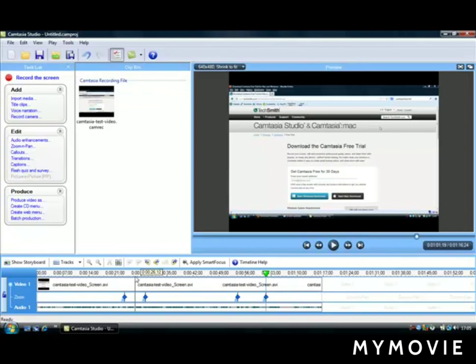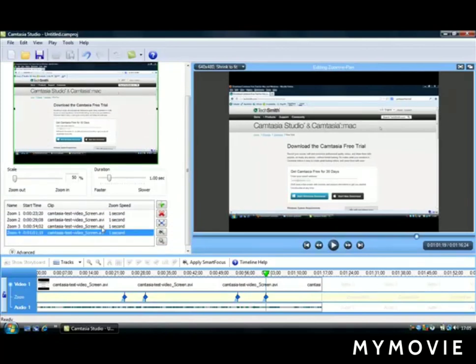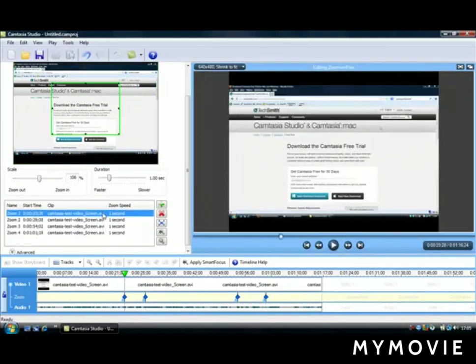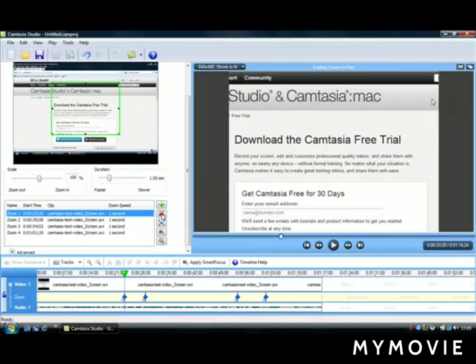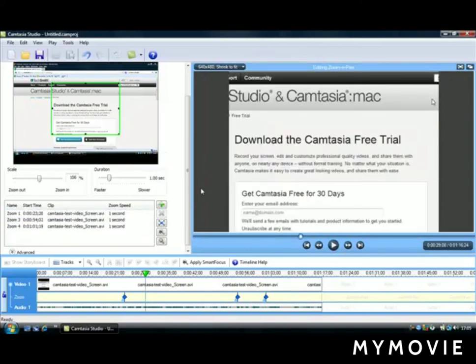If you want to then delete any of your zoom and pan effects, you can then go to zoom and pan and either scroll down and delete any of these. Okay, you can just click the red cross here, okay, like that,